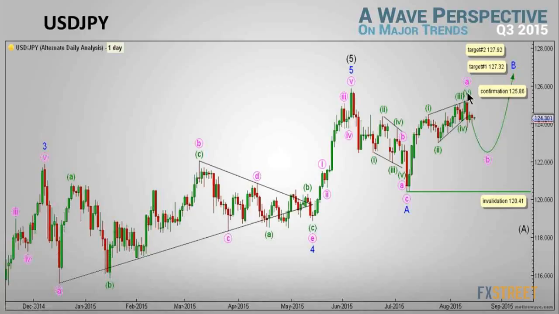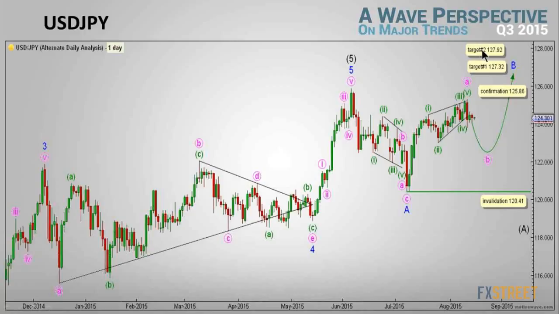Then wave B blue is seen as incomplete since wave B blue is expected to unfold as a 5-3-5. Therefore, we should expect a first leg to be complete as a 5-wave structure, then a 3-leg toward the downside, and finally a 5-wave structure to complete wave B blue. This count will be confirmed by movement above 125.86, and the first resistance point is at 127.32, as at that level wave B blue will reach 1.272 of